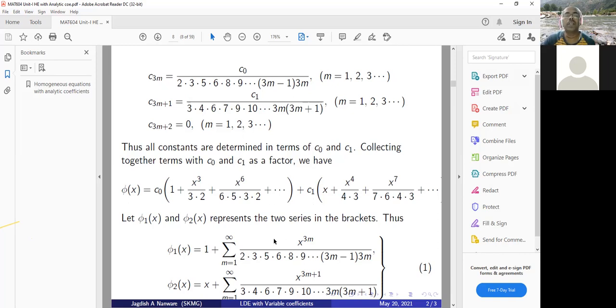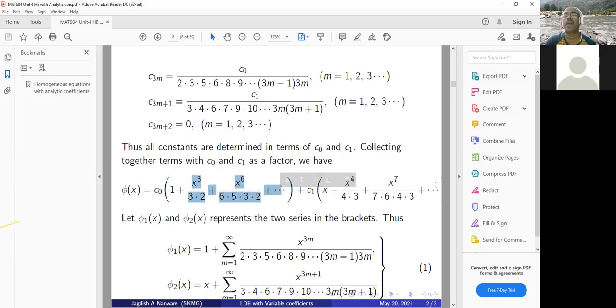So here, see, this can be written as 1 plus. So this term can be taken, but for that you have to take m is equal to 0. So that first term is separated in this way. Again, here you have to start this summation from m is equal to 0. Then you will get the first term as x, right? So again, we keep this term separate. Here also keep this term separate and write the rest of the part in summation form.